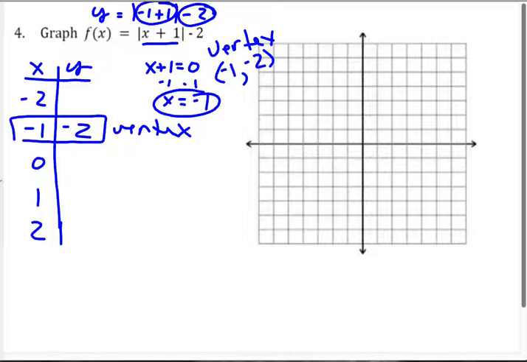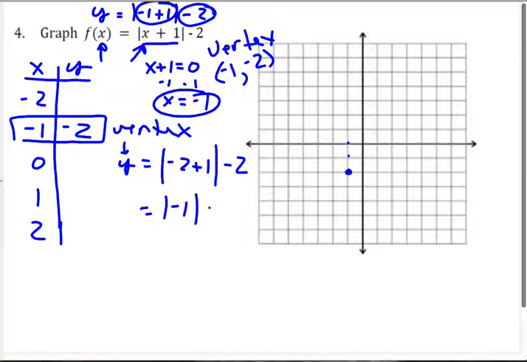And just to see how it opens up, I'll graph that. -1, -1, 2 right there. That's the lowest point of my vertex. If we plug in -2 for x up here now, remembering that y is the same thing as f of x, -2 plus 1 minus 2. So that's the absolute value of -1 minus 2. Absolute value of -1 is 1. 1 minus 2 is -1. So -2, -1. So it should open up